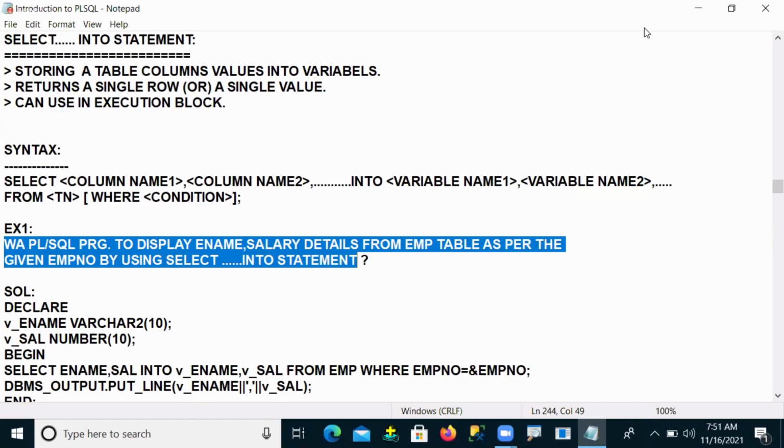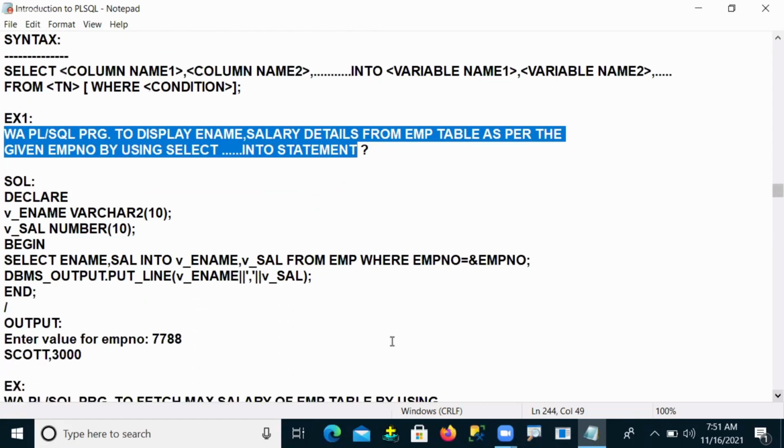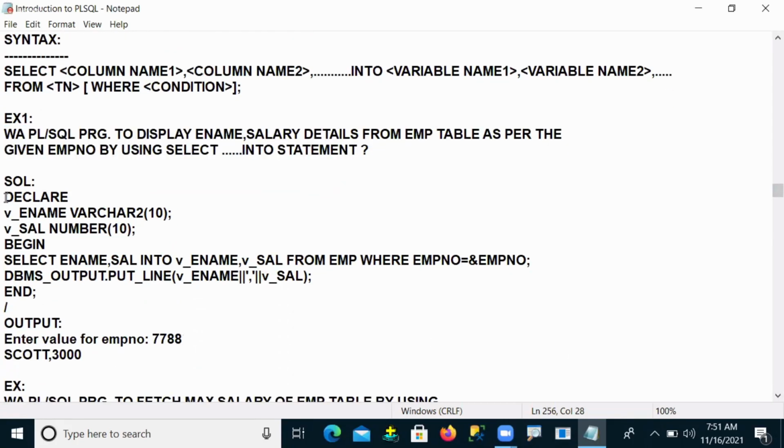For example, let you see here. I'm declaring two variables. Your variables I have taken as per the columns I want to display, name and salary. Based on the column names, I will take the variable names, because it is in an understandable format for me.